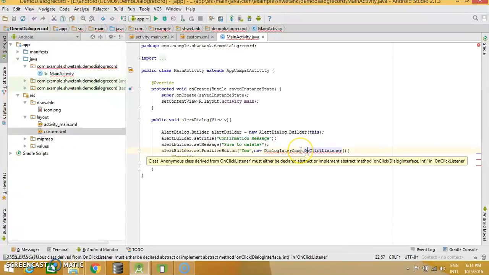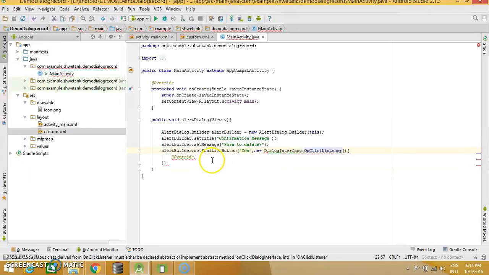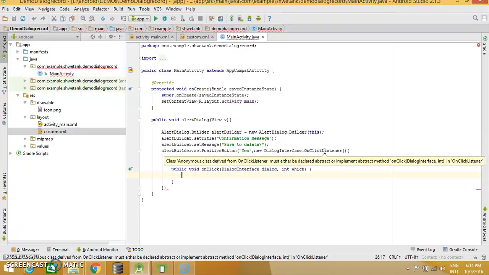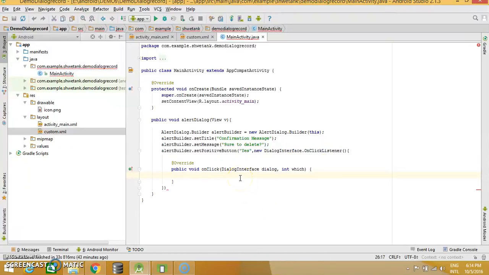Let's see what this is saying. It says that the anonymous class derived from must either be declared abstract or implement abstract method onClick of the DialogInterface. So let's do it in this way. Rather than typing the entire thing, we can take help from the Android SDK and say yes, please implement methods. So the moment we do that, we see that this comes over, right? There's this onClick DialogInterface method which appears, which is exactly what we want. So I'm going to just write a toast message here,